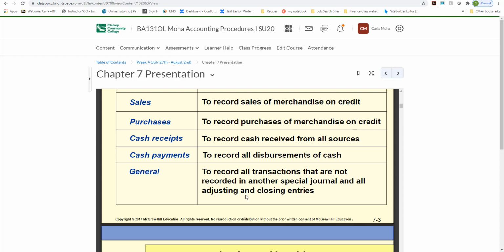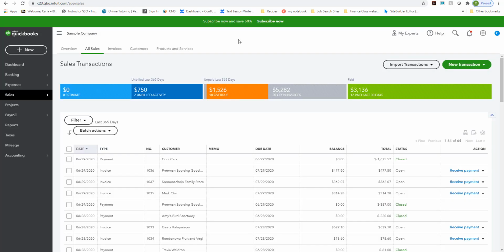Okay, so to look at this, I'm going to go ahead and look at an example company in computerized software. So I chose QuickBooks Online here, and I went ahead and clicked into a test company. I'll provide you with the link to the test company so you can click around in QuickBooks. But in QuickBooks, it is set up to pretty much have these special journals, as they call them. They have an area over here called Sales, and that's going to be where you're going to record all of